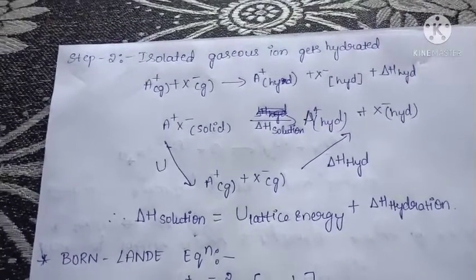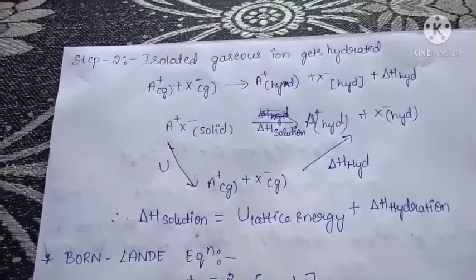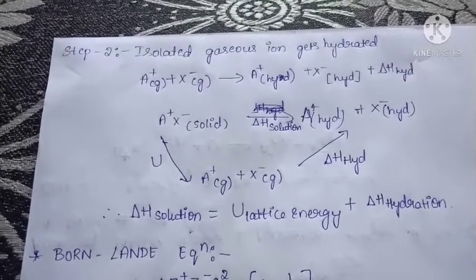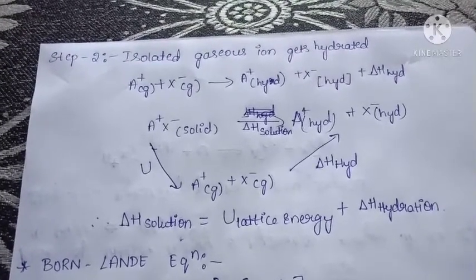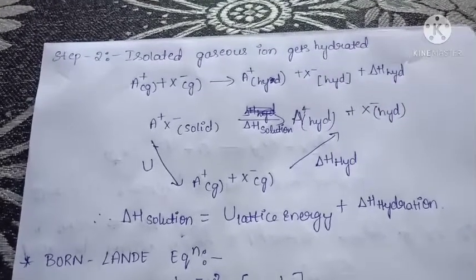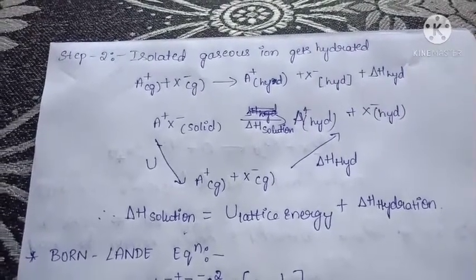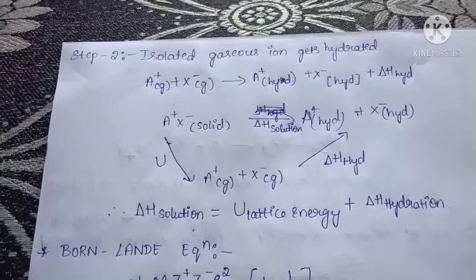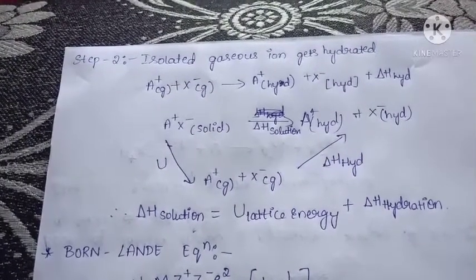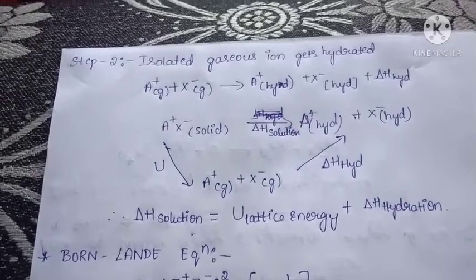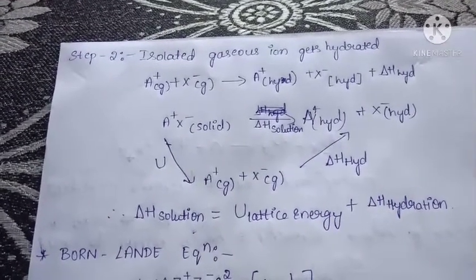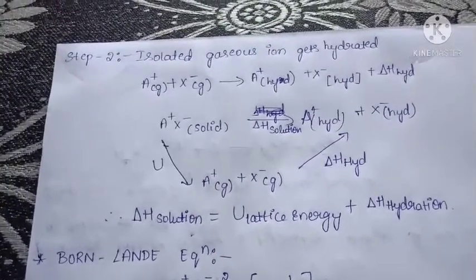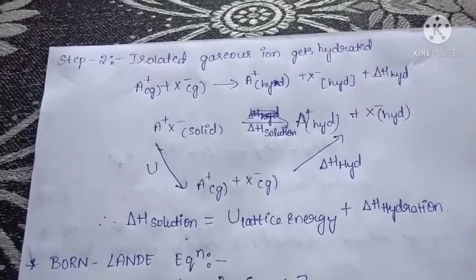And in that, very important, when the ionic solid undergoes dissolution, the hydration energy must be greater than the lattice energy. Please note that point. When the ionic solid undergoes dissolution, it means some solid particles are dissolved in the solvent. Okay, the hydration energy must be greater than the lattice energy. Got it? This is about the role of lattice energy and hydration energy in the solubility of ionic solids.